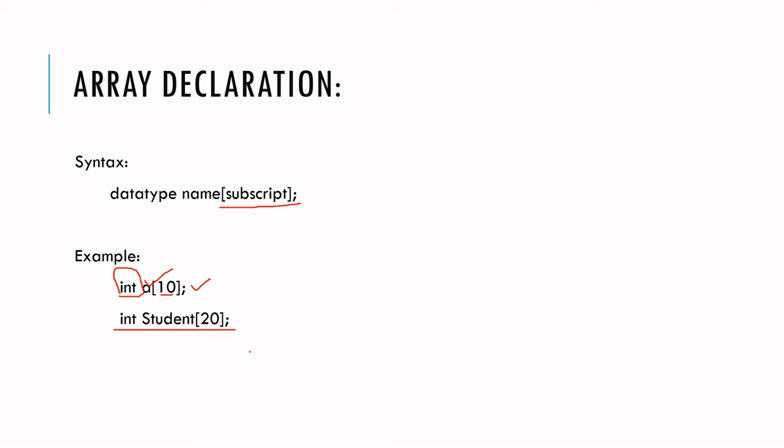because while declaring an array, since you are giving the size of the array, those memory spaces will be allocated. If you give 50 here, 50 cells will be allocated. Whether you use them or not, the number of cells that you specify here will be allocated. And here the data type given is int, which means we will be able to store only integer type data. So this is about the array declaration.